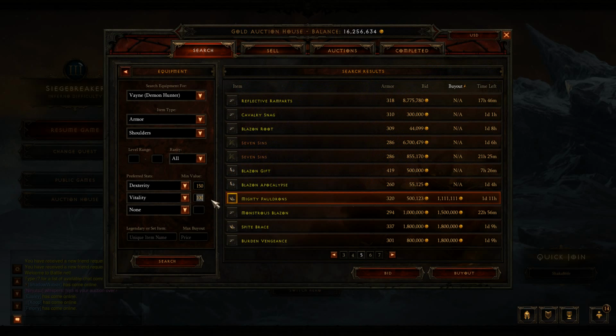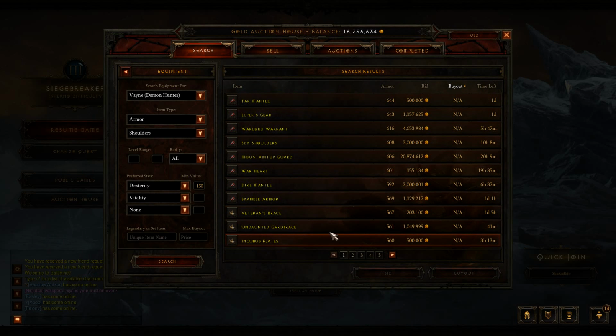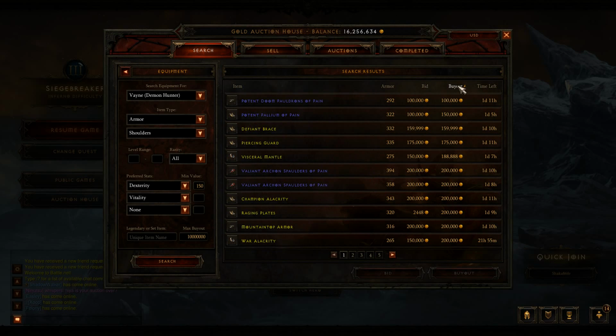If you don't want to care about vitality, you're going to get one shot anyway. You don't have any vitality on any of your other pieces, and you never want to go vitality. Now you can go 150 dexterity and put your buyout price at like 10 million. Even though you don't have 10 million, it'll let you look at the auction buyout options instantly,